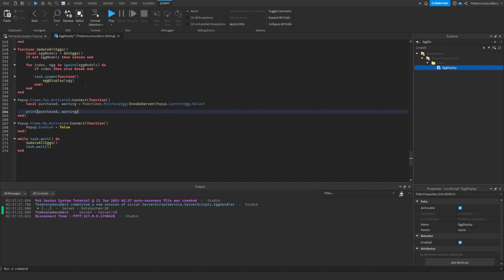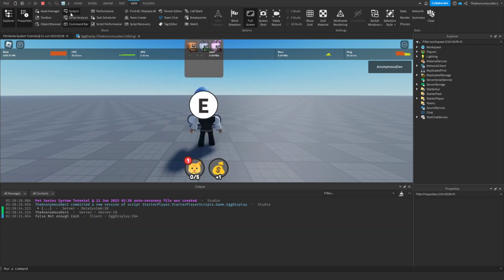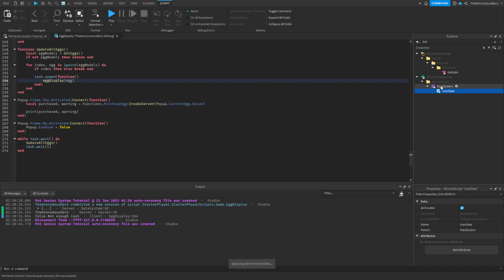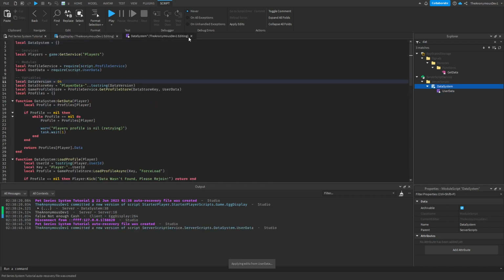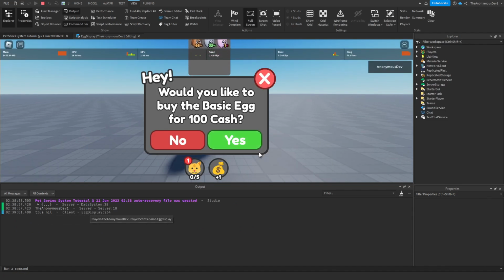If we give this a test, as you can see, would you like to buy the basic egg for 100 cash? False, not enough cash. Now if we just give ourselves a ton of cash, let's go into user data, cash equals 5,000. If we reset that data real quick too, click play, it will now say true